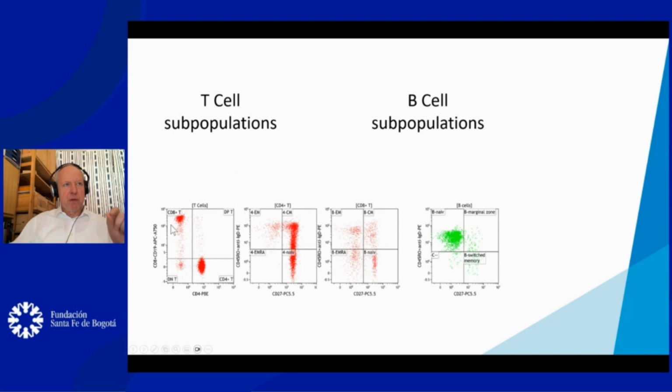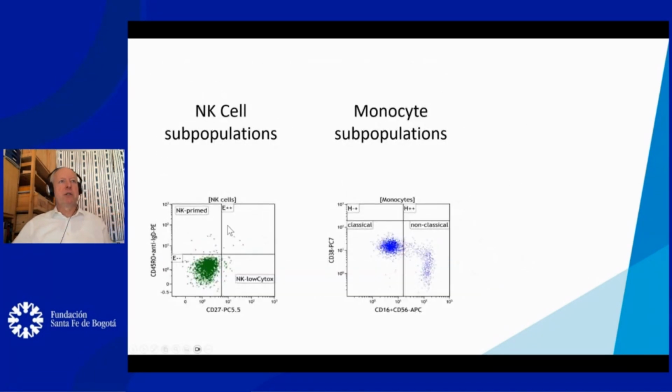We can discriminate between CD8 positive T cells and CD4 positive T cells, helper and cytotoxic T cells. We can follow the maturation of the CD4 cells: naive cells, central memory, effector memory, TEMRA, and the same for the CD8 positive cells. You see the EMRA population is higher in comparison to CD4, and also the B cell population from naive cells via marginal zone to switched memory cells can be differentiated inside this one tube. And the NK cell populations, primed NK cells and low cytotoxic cells, and the monocytes, classical and non-classical monocytes, can